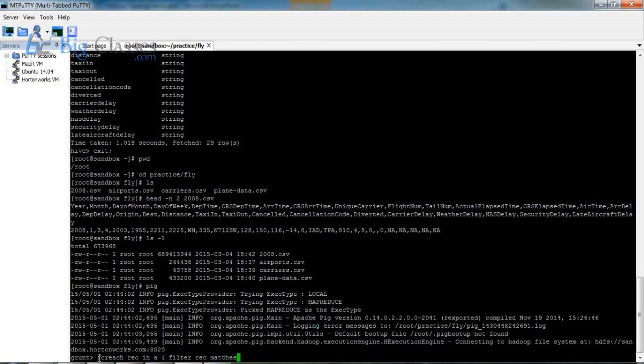I'm just giving an algorithm, not actual syntax. Filter records that match x, y, z, you say, with some syntax. Then you take it into some y equal to like this.